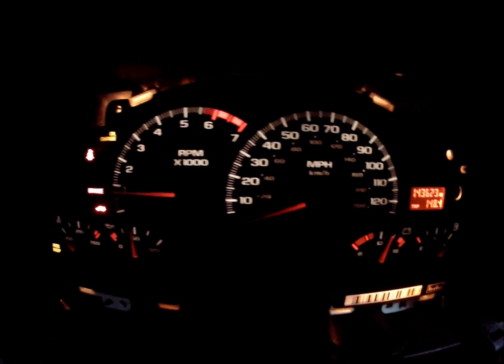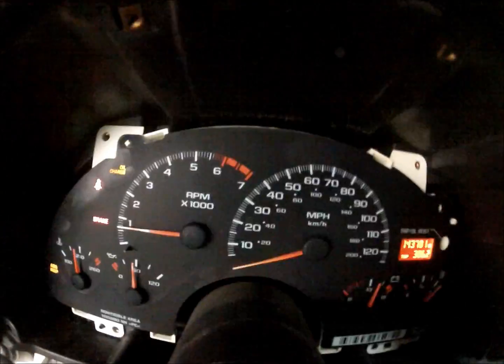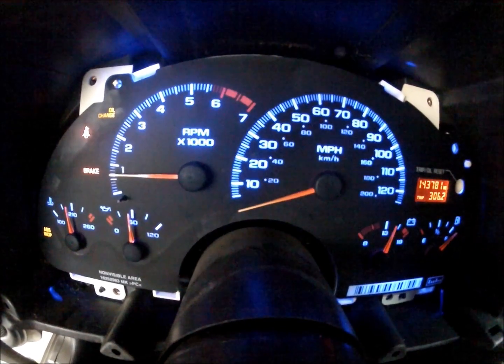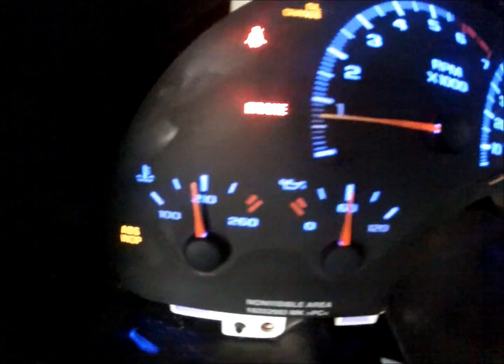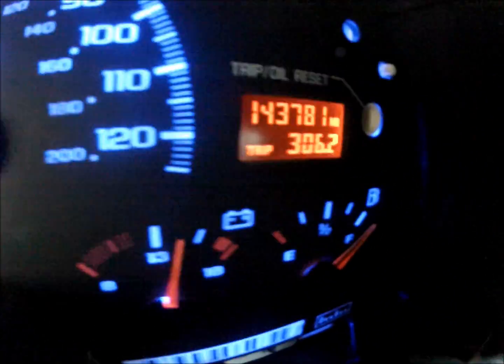Hey guys, I'm going to show you how to replace the stock lights with LED lights in a 2000 model Camaro. I'm sorry I have to dub over my own video here. That was the before and this is the after with the LED lights. Got to dub over my own video because I used a GoPro to actually shoot this, and it didn't